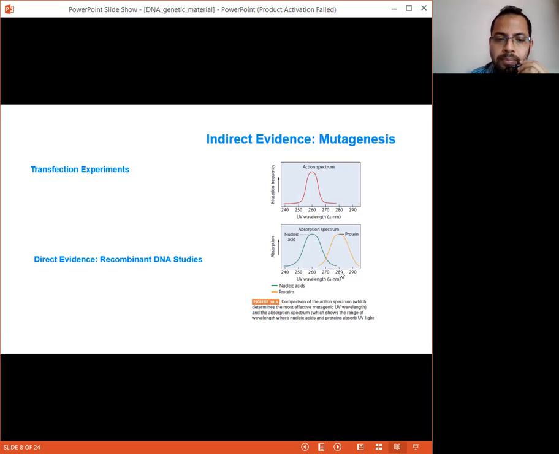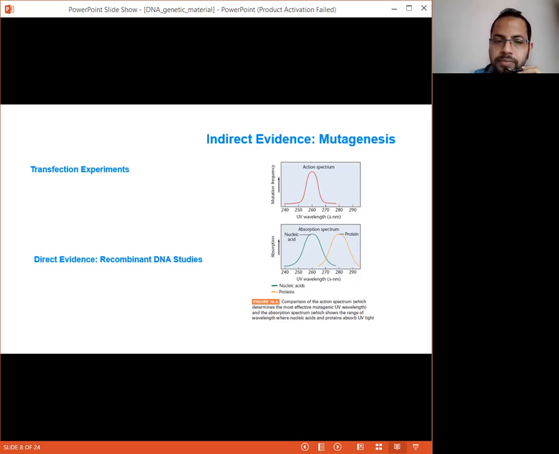If you are applying 280 nanometer of UV light, protein is absorbing that wavelength, but that is not inducing any mutation inside the amino acids or protein sequence. So it is indirect evidence that mutations can happen inside the nucleic acid only, not in the protein. Okay,